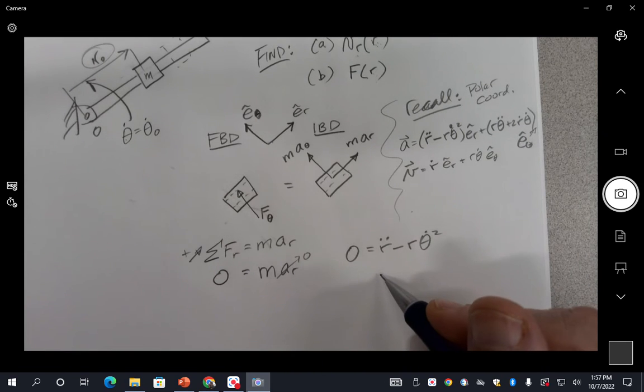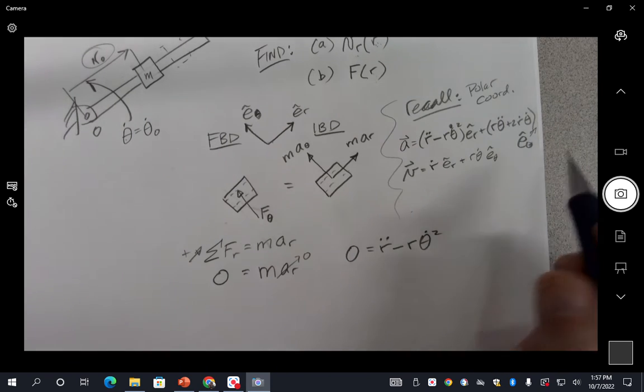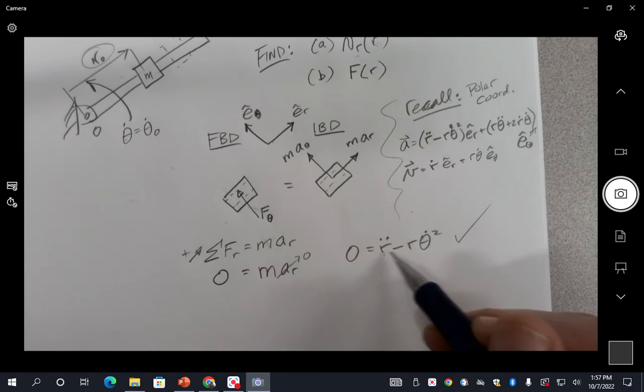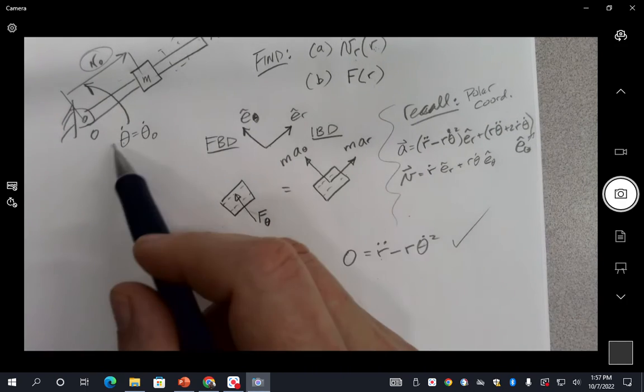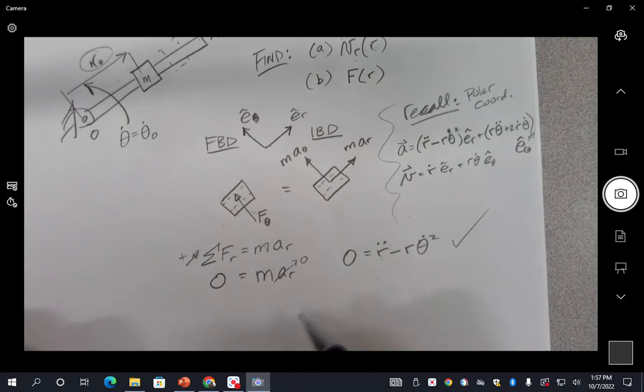So we could actually find what r double dot is going to be equal to, but we don't really need that for our problem. But this is something we can confirm: that theta dot is something we're going to be given, right? Because it's constant. We're also going to have to say that